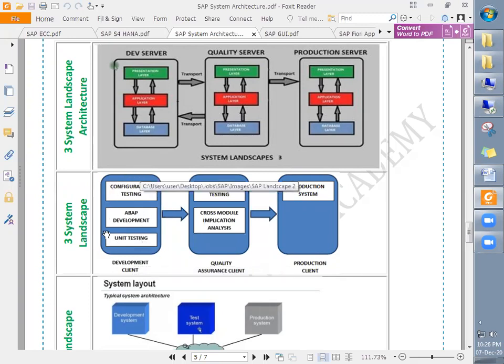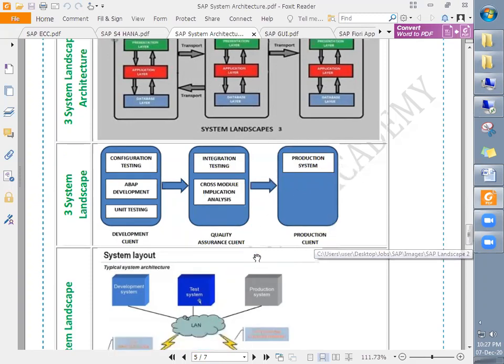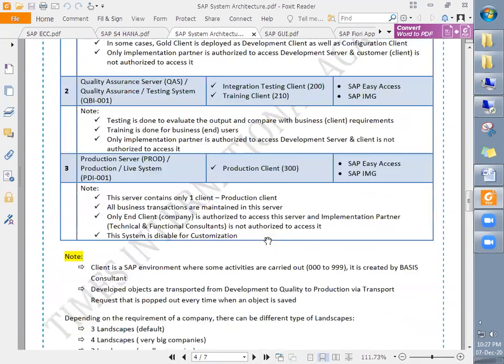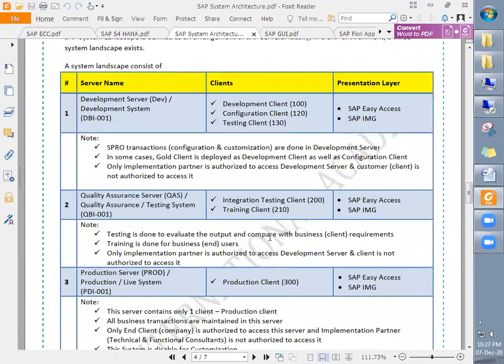The development server has these three clients, and the quality server has the integration testing client and cross module client, and the production system has only the production client, right? So let's discuss these systems in detail. Here I just mentioned in detail what the purpose of having this is.